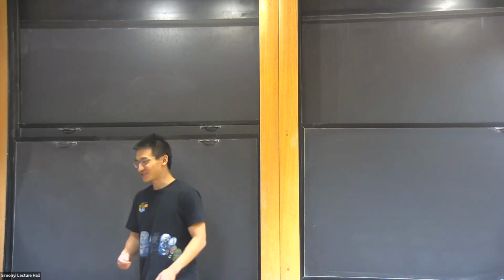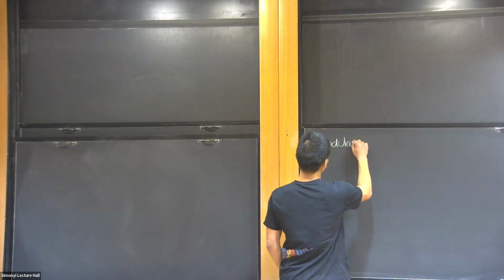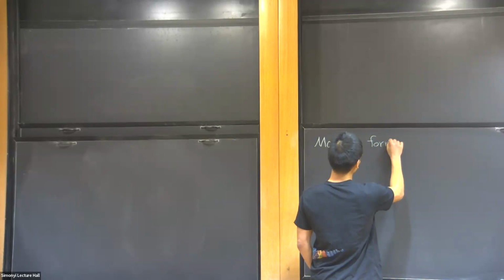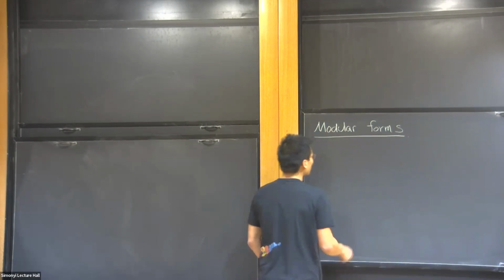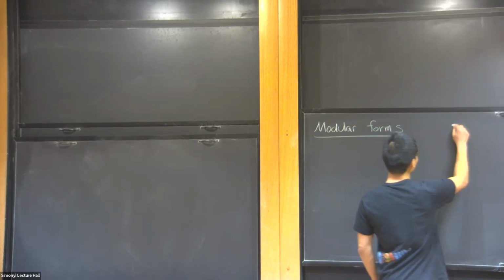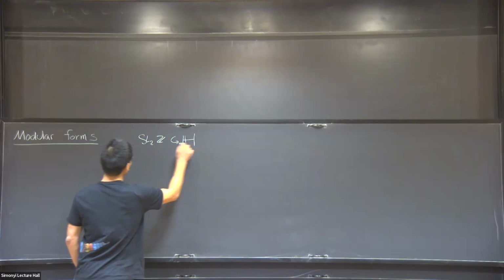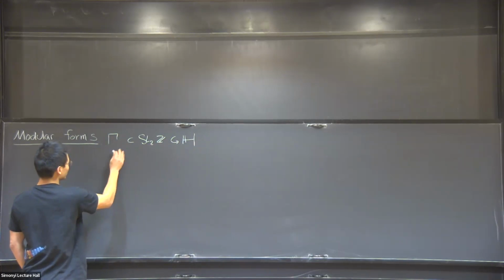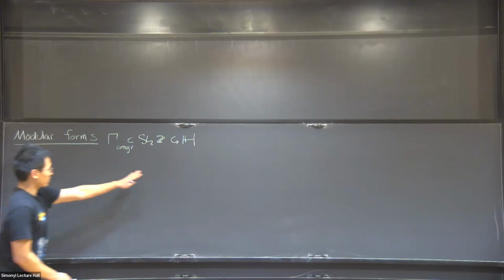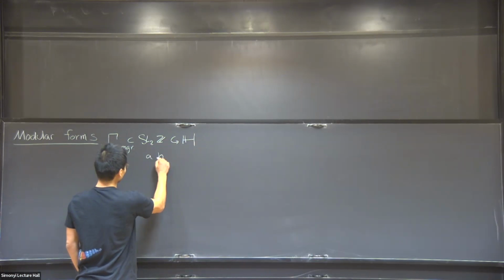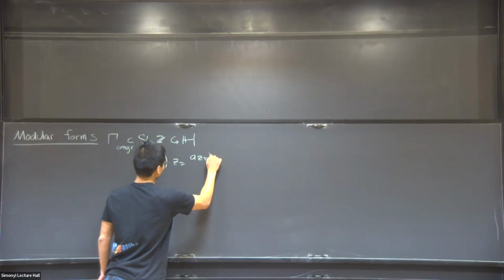So let me just begin by setting some information about modular forms, which will be motivation for this talk. Probably what I'm going to say is known to most of you, but let me say it anyway. SL2Z acts on the upper half plane, and more generally, we'll be interested in finite index congruence subgroups of SL2Z. This action is by linear fractional transformation: A, B, C, D send z to (az + b)/(cz + d).